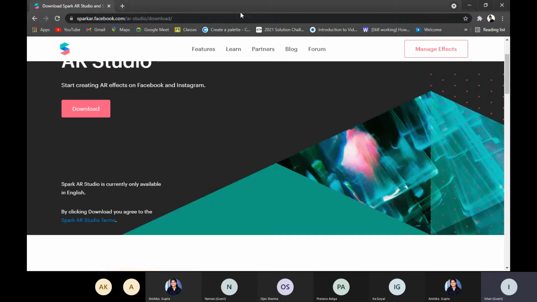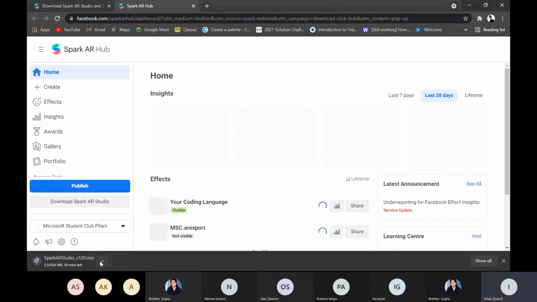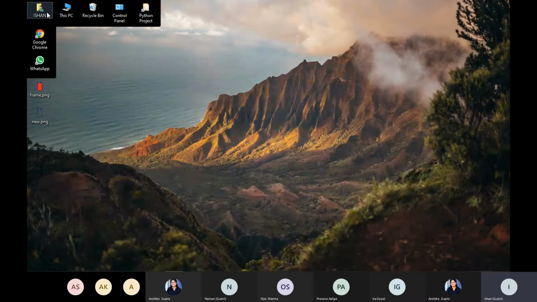So first of all, to download Spark AR, go to this website. I'm mentioning it in the chat box. Go to this website and just press the download button, and your download will start. It's around 554 MB, and I'm just canceling it for now because I've already downloaded and installed it in my system.